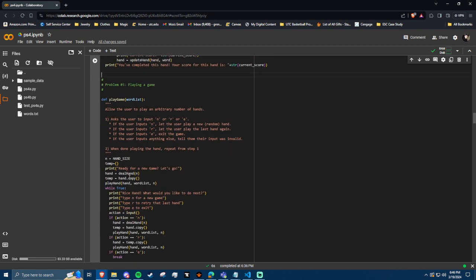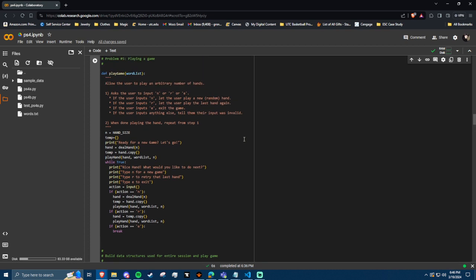Play game is actually a loop of the game. You can play it as many times in a row as you want, and it also has some extra functionality. So start with just a basic hand size thing. I didn't need to do that. I could have just written hand size as n. I did that in the computer versus user thing, but for some reason, I did it this way. I initialized a temp variable. This part at the top is outside the loop just because